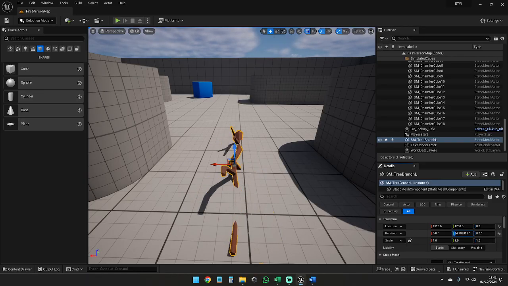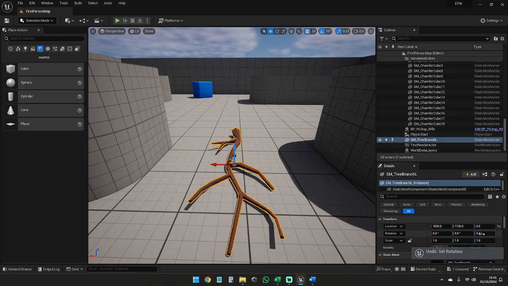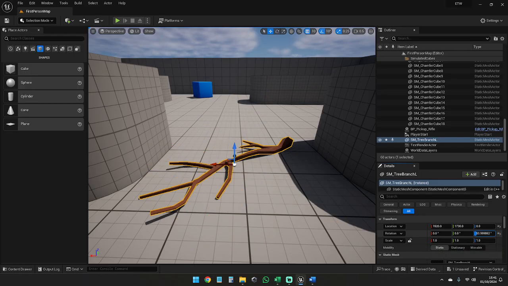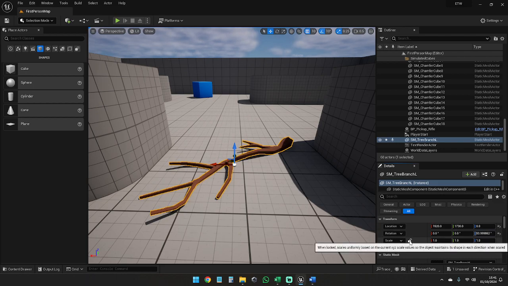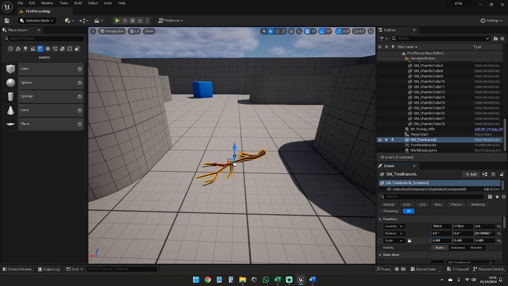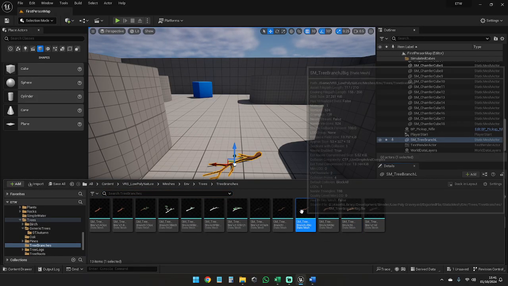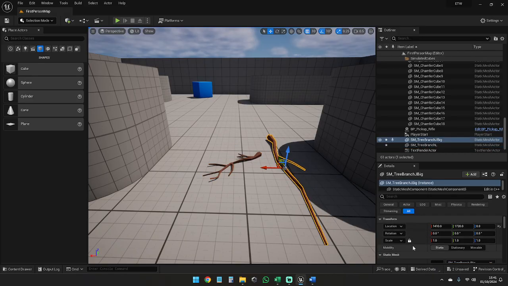Okay, so we want to, no, we don't want to do the axis. We want to, no, there we go. Okay, it's too large, so we're going to click the padlock, and then that will adjust all scales relatively. So I'm going to have that like that. And then I'm going to drop another one on top. We'll set the scale of that one as well to this one. And then the rotation,